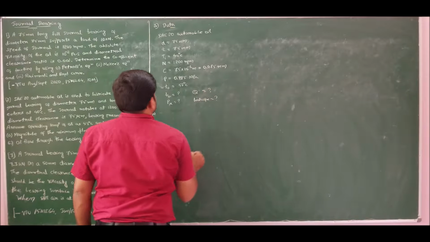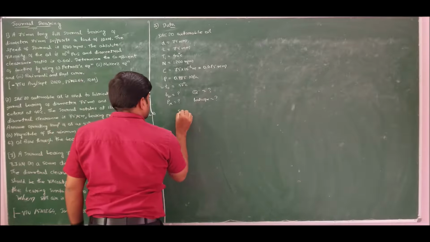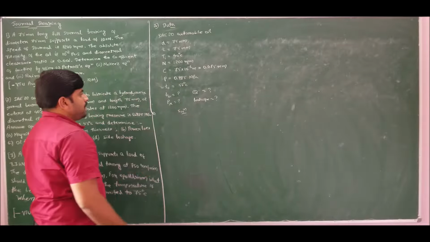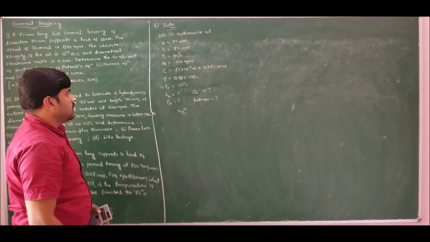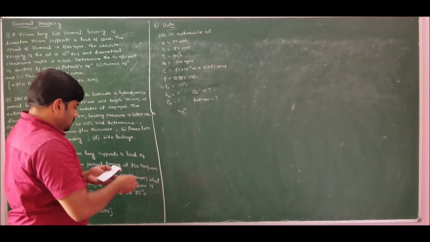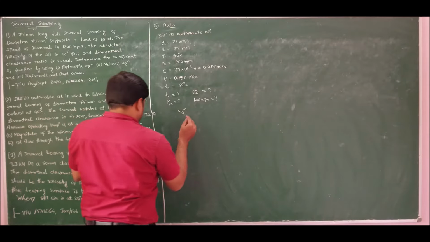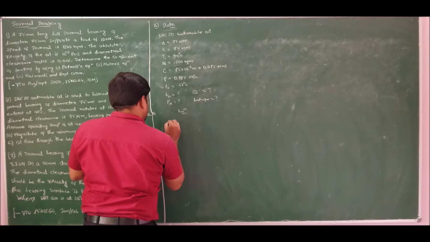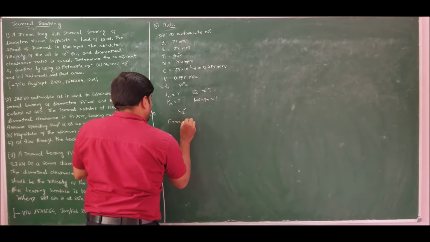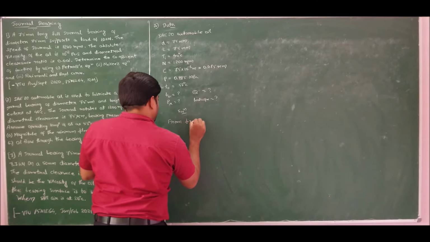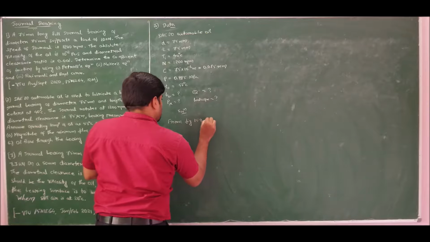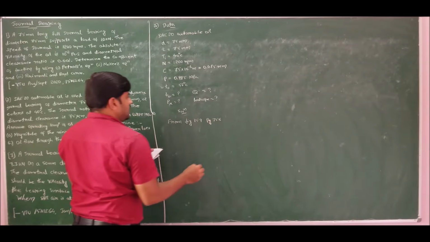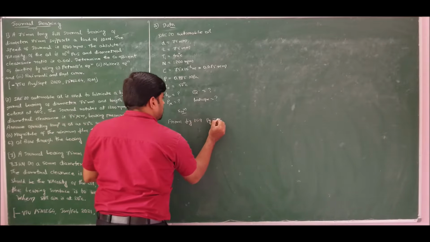This is what he has asked. Let us move on to solving the problem. Whenever we want to find the minimum film thickness, we should refer to the figure. So to find the minimum film thickness, I should always refer to figure 15.9, present on page number 356 of our design data handbook,